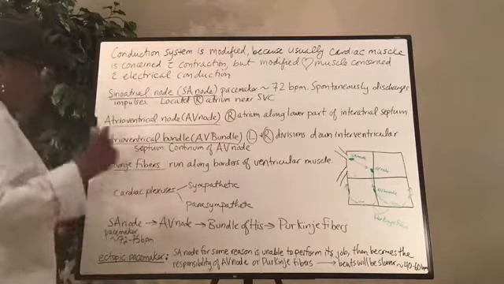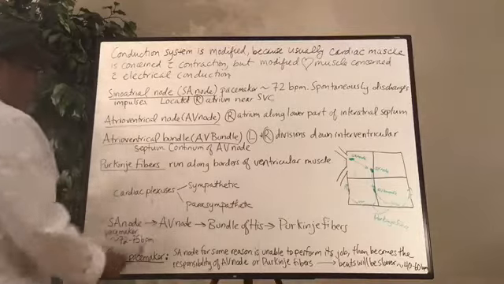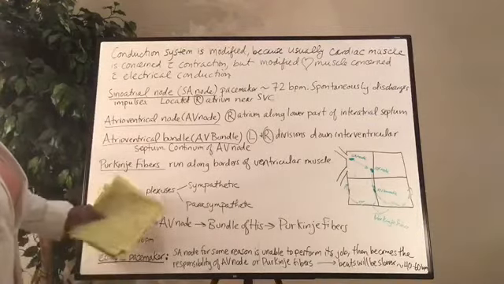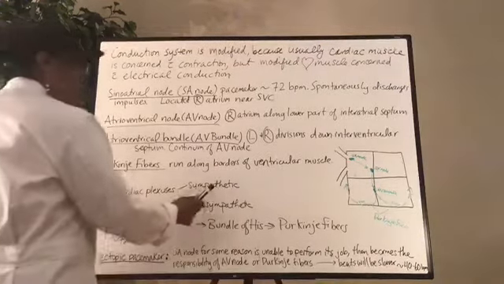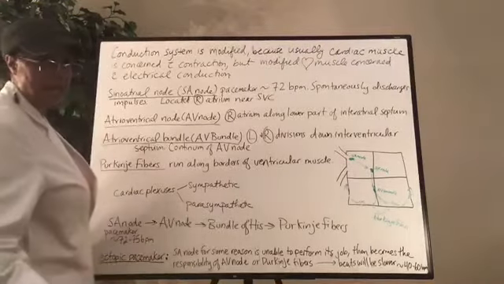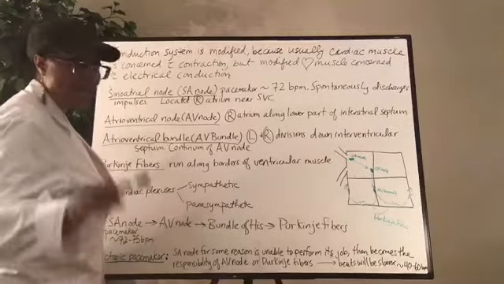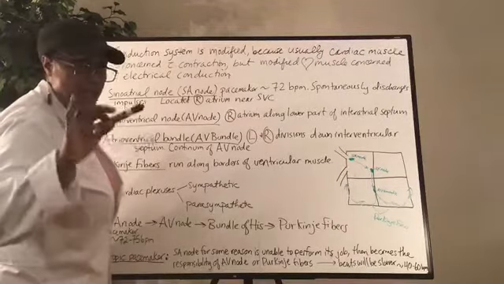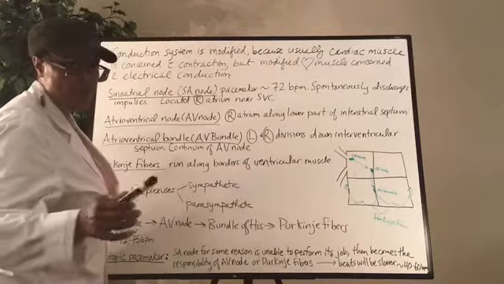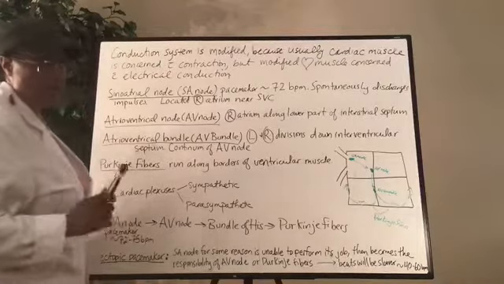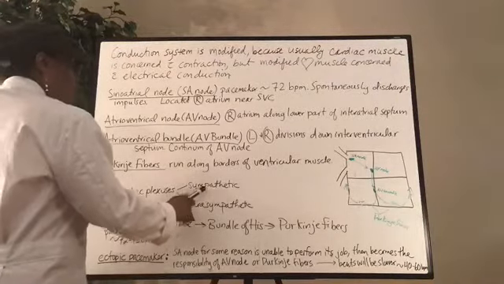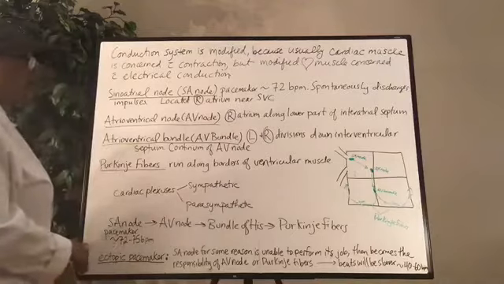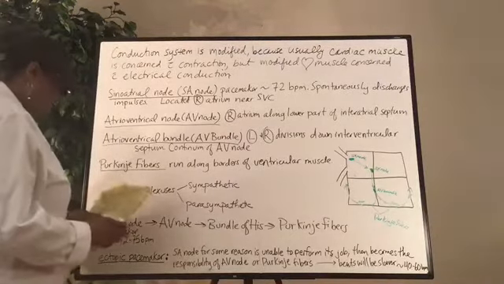Well, we have something called a cardiac plexus, or plexuses, let's say. And we have something known as a sympathetic system. This is an autonomic nervous system, the same kind of autonomic nervous system that is in the muscle of the tunica media. Remember, we mentioned that before when we talked about blood vessels. Here, though, you have a sympathetic and parasympathetic system. The sympathetic